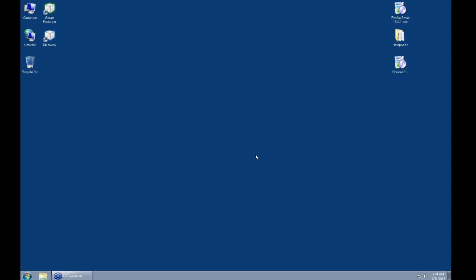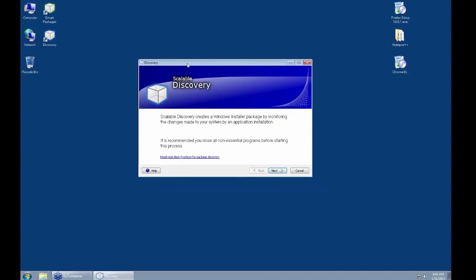What I was going to do today is basically run through and show you Smart Packager in operation so you can get an idea of how it works. The Smart Packager product itself, depending on how you look at it, is either one fully integrated product or two separate products. There is a discovery component, which is the one that actually does the repackaging, and then there's the Smart Packager, which is the workflow and editor portion. They are fully integrated, or you can run them as separate tools depending on how you want to do it. For today, we'll start with the discovery tool